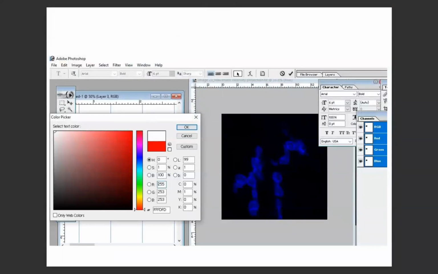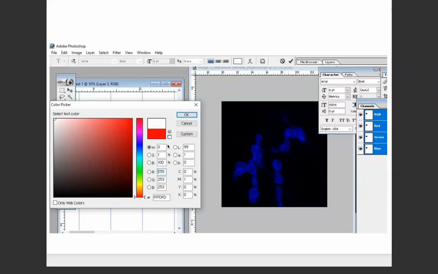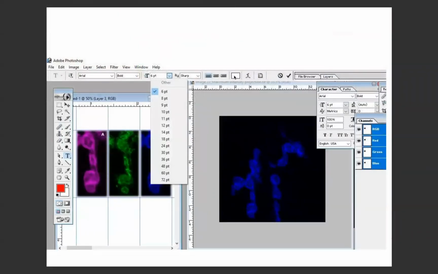How do you do that? When you click there in the red, which was shown in the previous tab, you will get a window like this. Go to the corner, click here and select here. Just click here, and you will get the white background. So I did that, it became white. Then I go to the text here. Then I just click here.